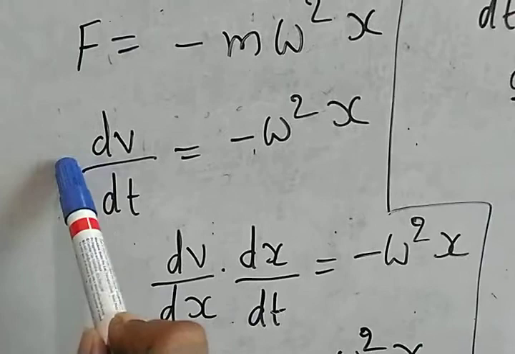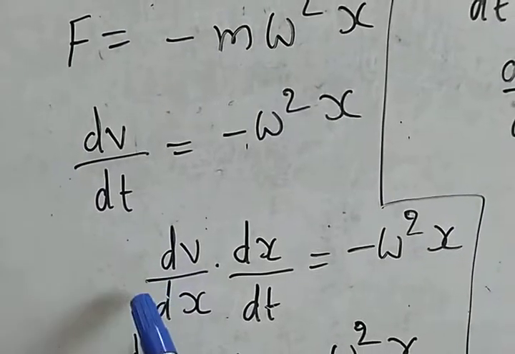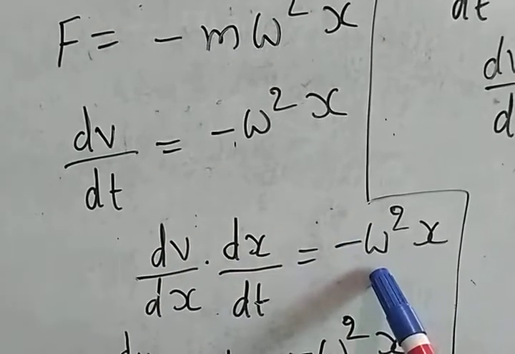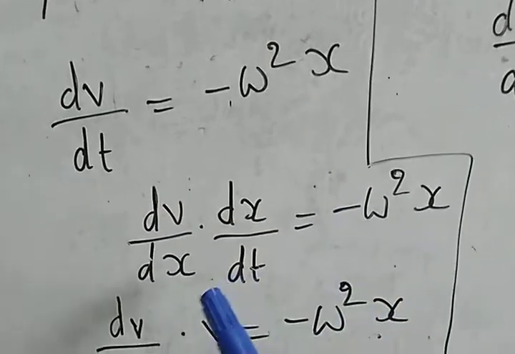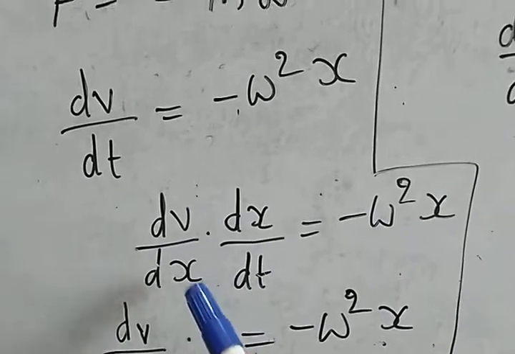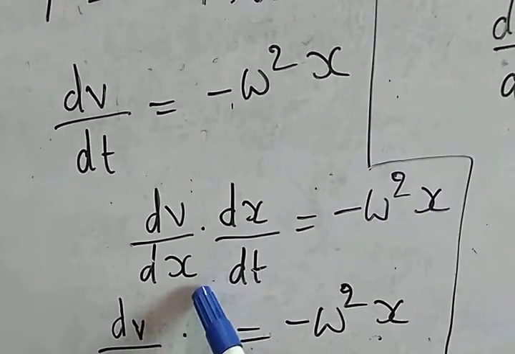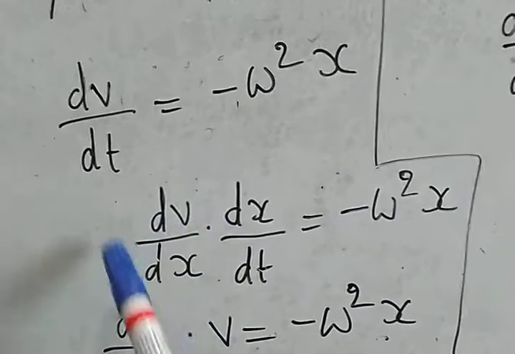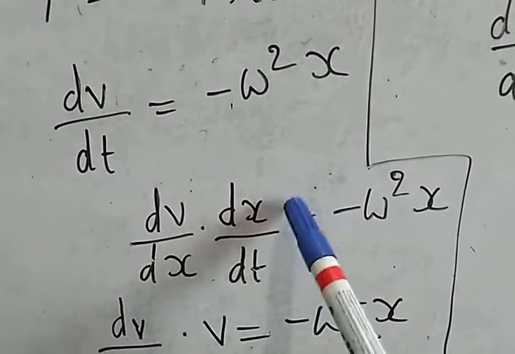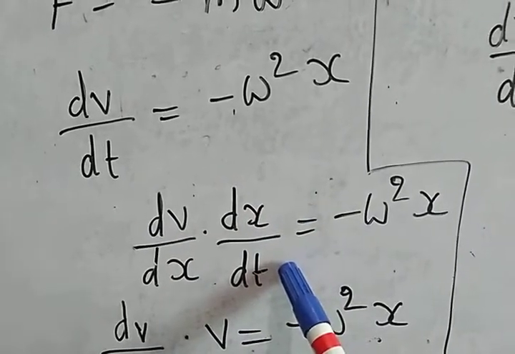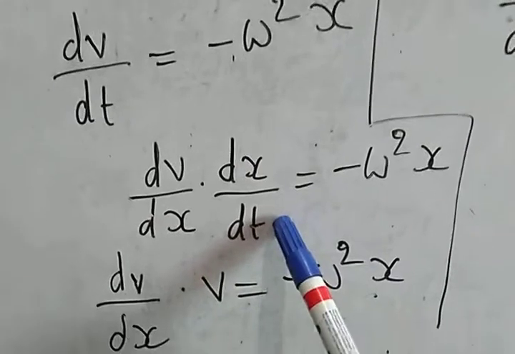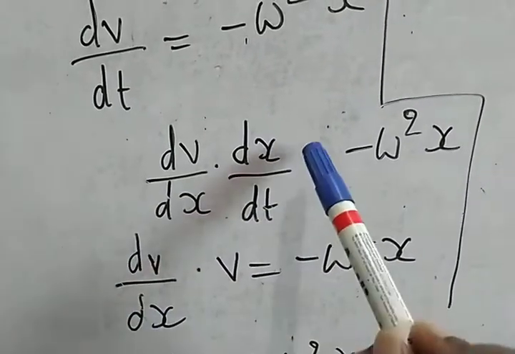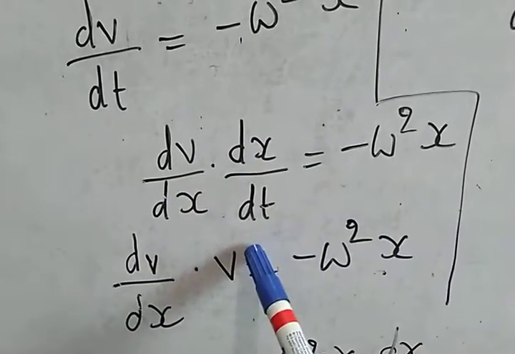So we can write here to break this in this form, and value is same. Now what we can do, dv by dx can not change. We have to keep it as a constant fix. Dx by dt become velocity. So this is fixed constant here, but this term dx by dt becomes velocity.